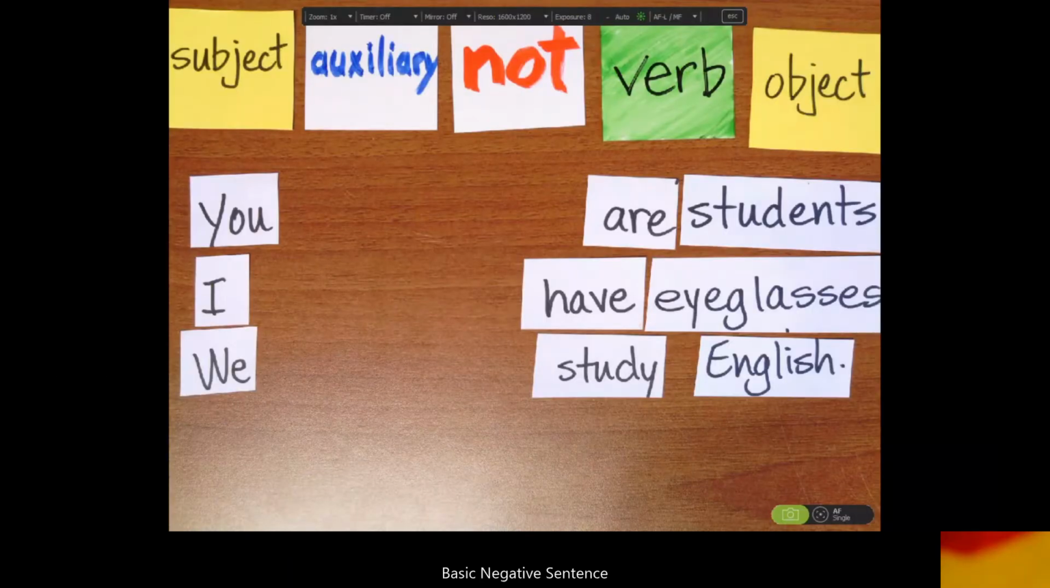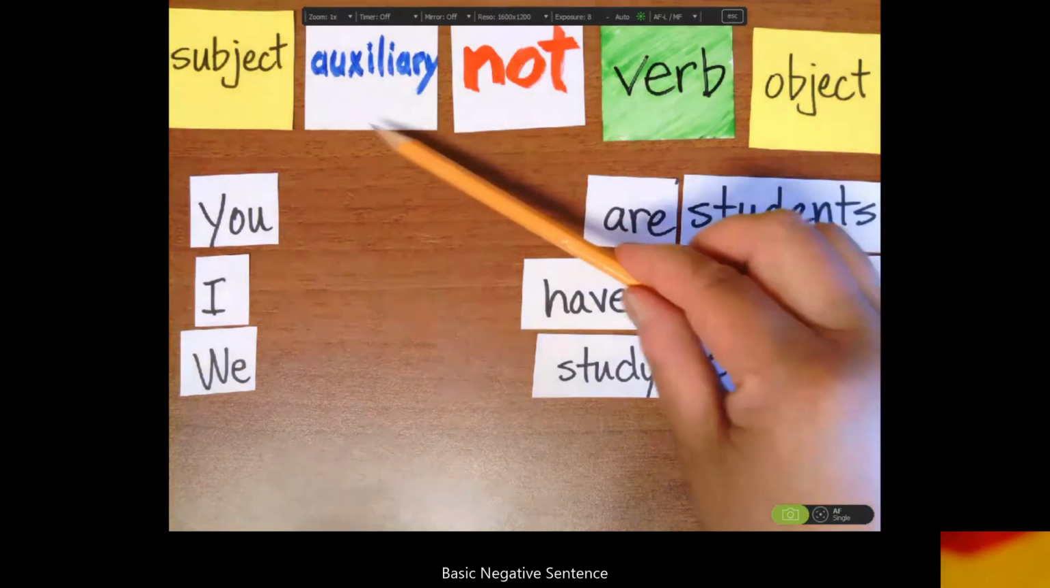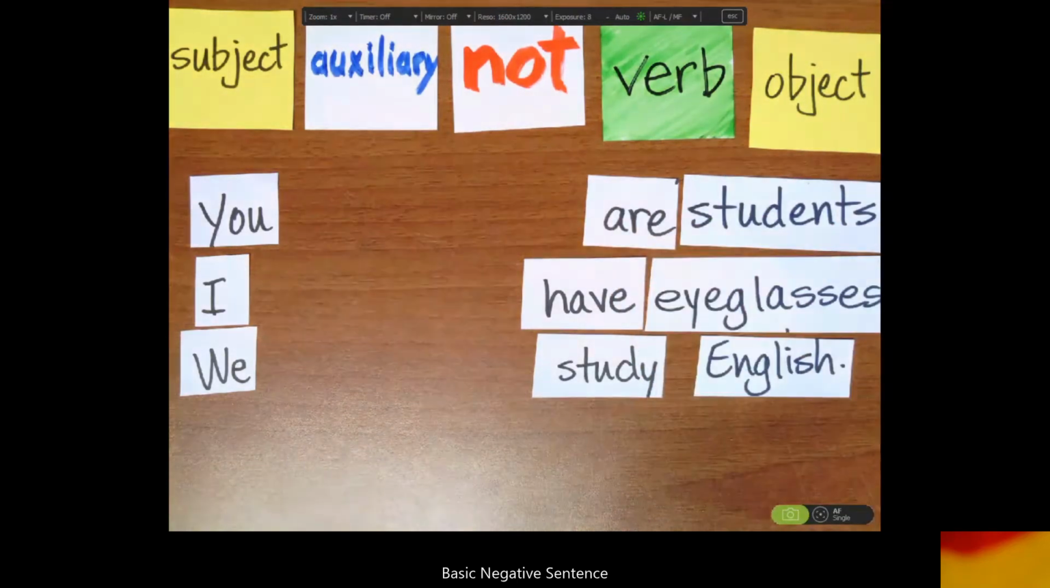So let's take a look at a basic sentence, but in negative. Here we have the same sentences that I used in my affirmative demonstration. You are students. I have eyeglasses. We study English. So what happens is we're going to add an auxiliary, which is sometimes a little verb and